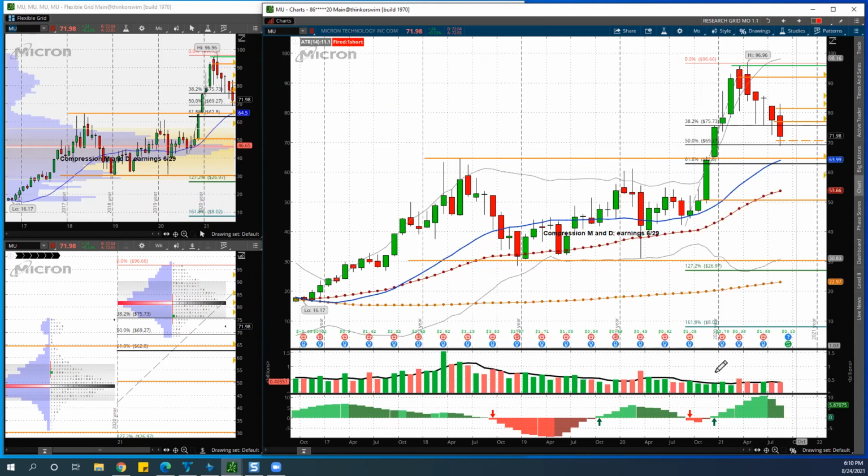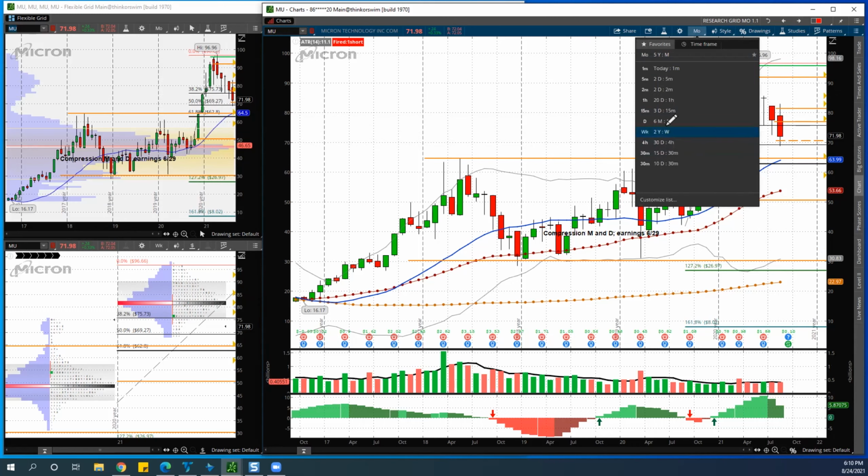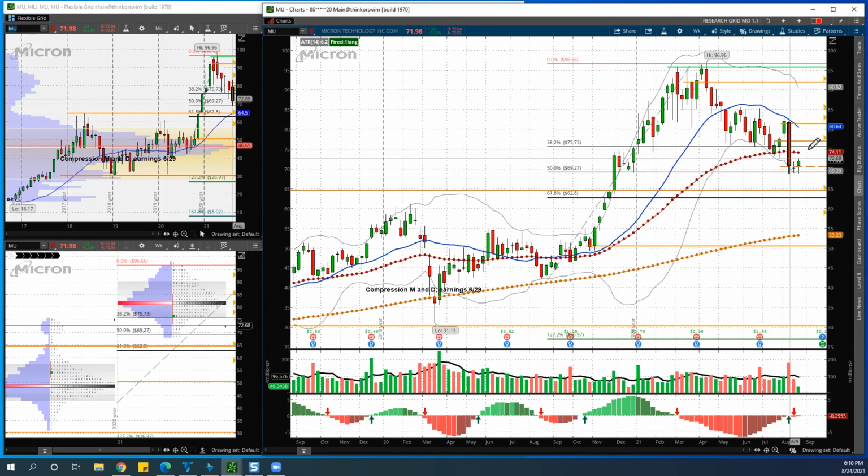So look at the monthly, right? That I trade. So what I know is we have a massive move up, and we're pulling back into the 50-day moving average right here at 69, right? So we're pretty close right here. So whenever I start seeing some green, could be something, could be a trade right there. How do we enter? This is the second week that we're holding. 74 could be a good reference level to start initiating some longs into